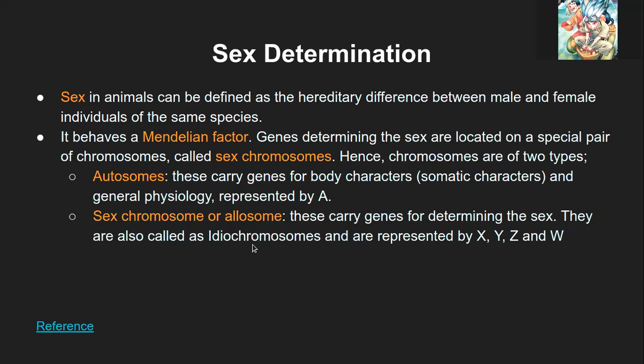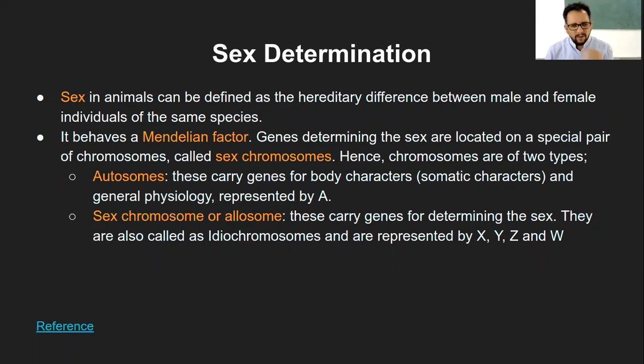Like the sex chromosomes X and Y, are they completely different, or do they have some percentage similarity? No, they are completely different. If you talk of the X chromosome and the Y chromosome, yes, they are different. But in a female, when you have two X chromosomes, they will be the same. But X and Y are surely very, very different.